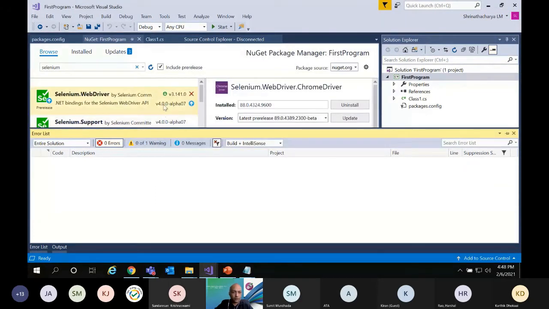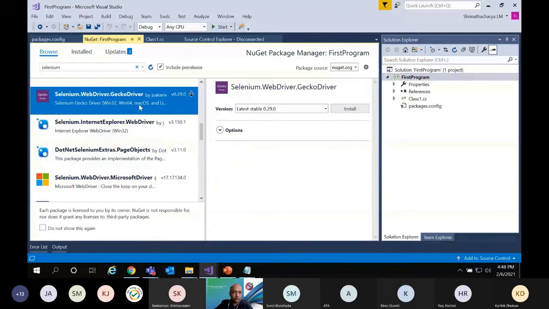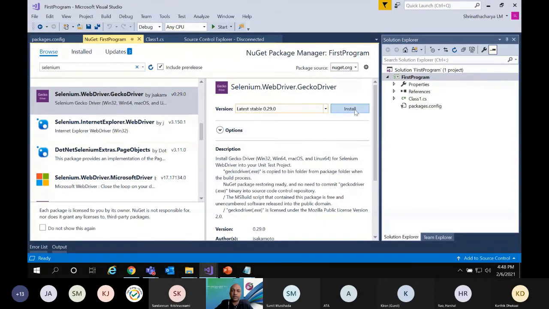And also let me add the Gecko driver so that we can run it on Firefox. WebDriver Gecko driver. For Gecko driver, just add the latest one. It runs irrespective of the Firefox version.